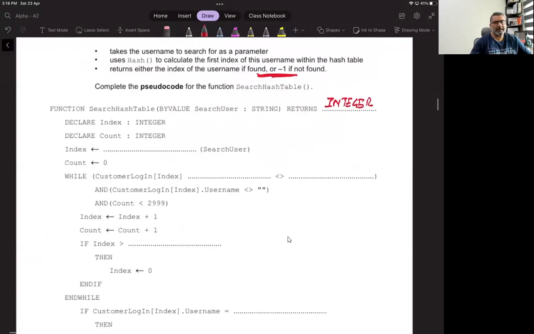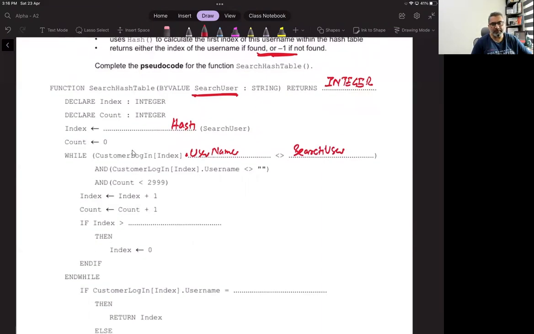Declare index as integer, declare count as integer. Index is basically the hash of search user. Count is equal to 0, while in customer login index dot username is not equal to search user, and customer login index dot username is not equal to null, and count is less than 2999. So this loop will work,